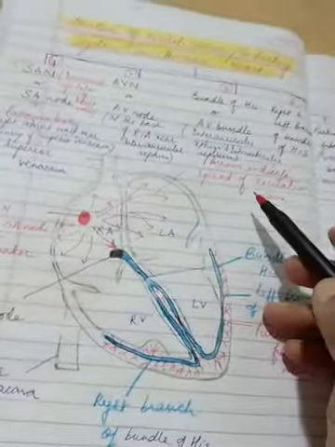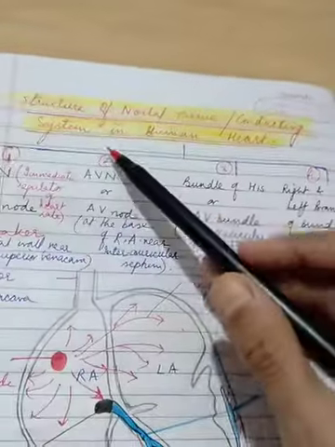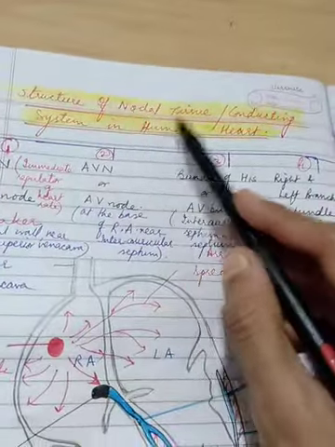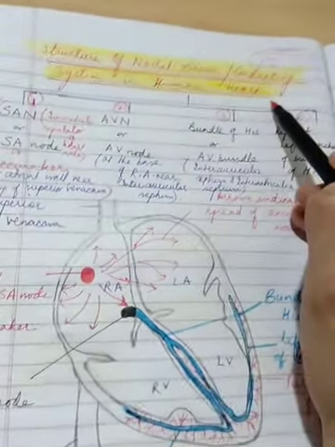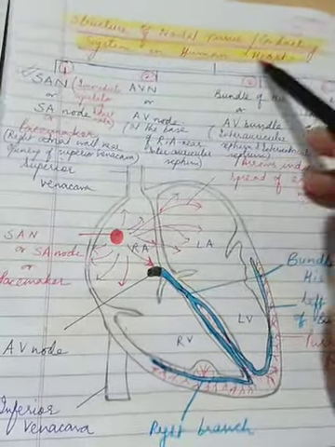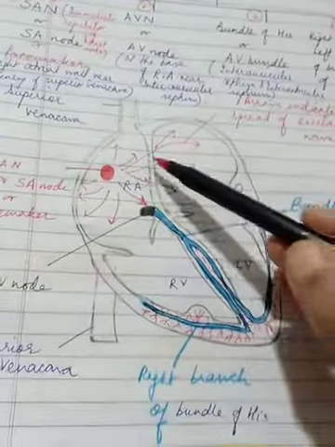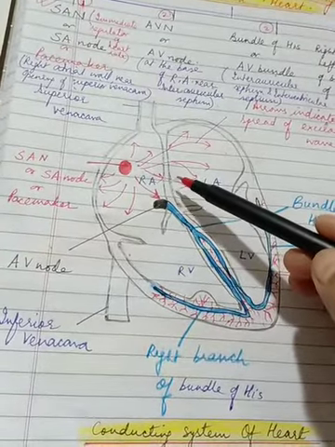Now coming to yet another very important topic, children, and this will clarify all your doubts about the pacemaker and other things. Let's see what it is: the structure of nodal tissue or conducting system in the human heart. So what is this all about? The conducting system, you're talking about the relay of the electrical impulse that is to be conducted